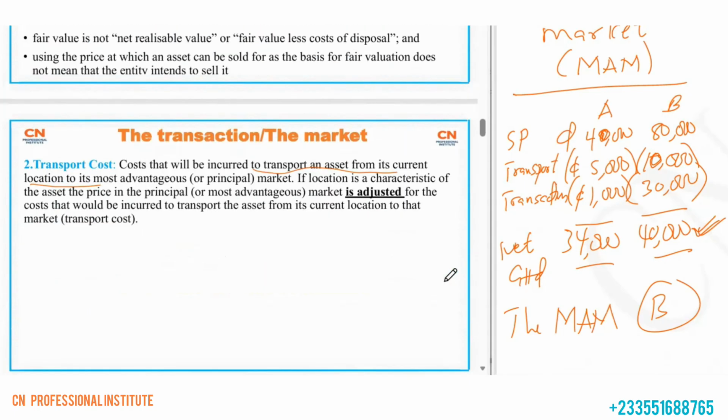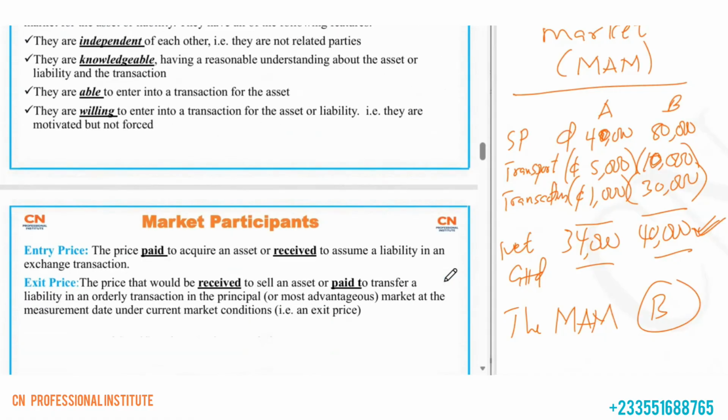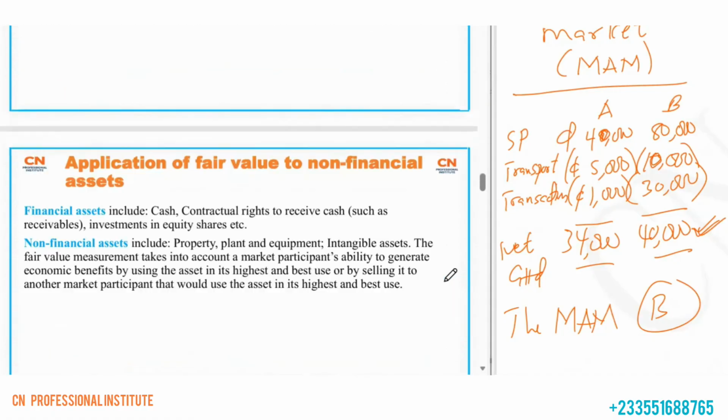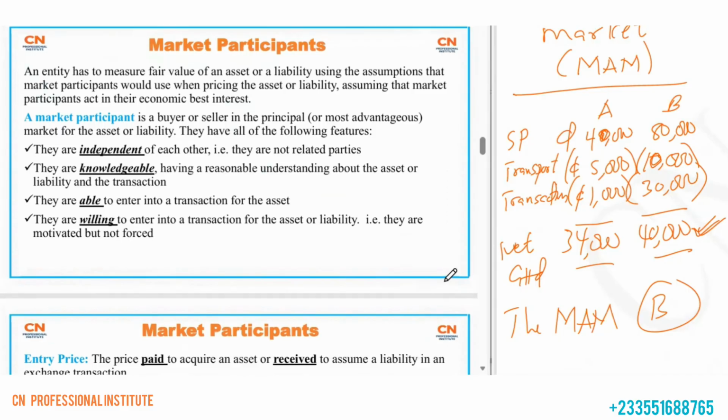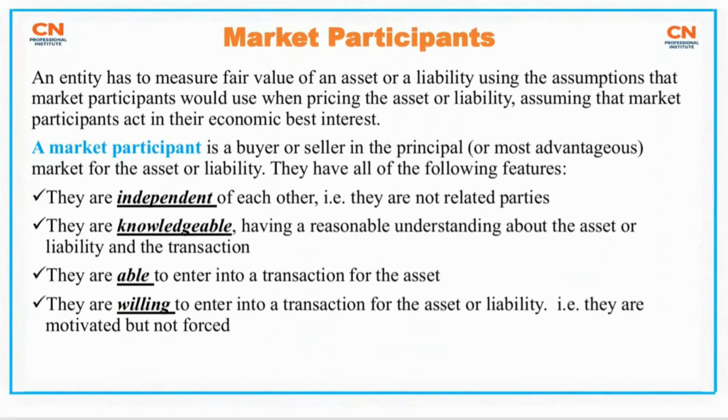Now, we've looked at that. Let's look at what market participants are, and then we'll come back to something here. So let's continue with market participants. Market participants are just the buyers and sellers. That's all. When you say market participants, think buyers and sellers. So you and I are market participants, because you go to the market either to buy or to sell. So we are market participants, one way or the other, right?